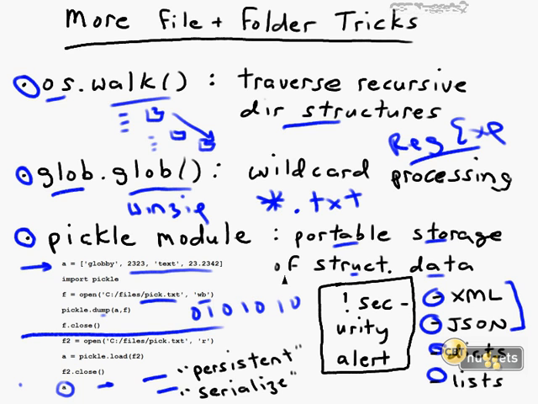Now, if there's a downside to Pickle, it's that there's no security checking in there. You want to be really, really careful, just like you want to practice safe web browsing and be careful what files you download and open on your computer. You want to make sure to only open up and use Pickle objects from trusted sources, because really anything that's been pickled, once you unpickle it, it could delete objects, it could delete existing data structures, it could do some pretty potentially catastrophic stuff. So be aware of that.